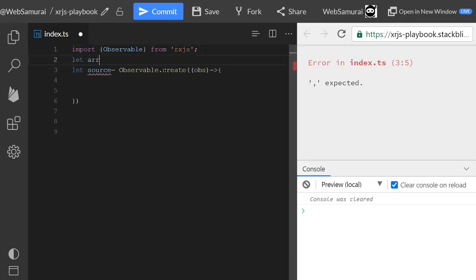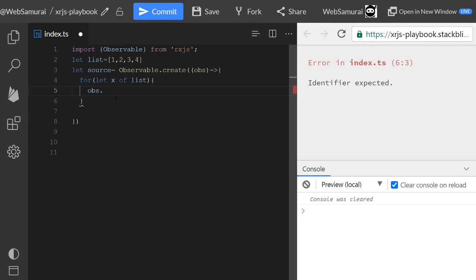I'm creating a simple array outside this function. Let list equals 1, 2, 3, 4. I'm iterating this list inside the function using a for loop, for let x of list. This is the for loop in TypeScript. I'm emitting the value x by calling obs.next.